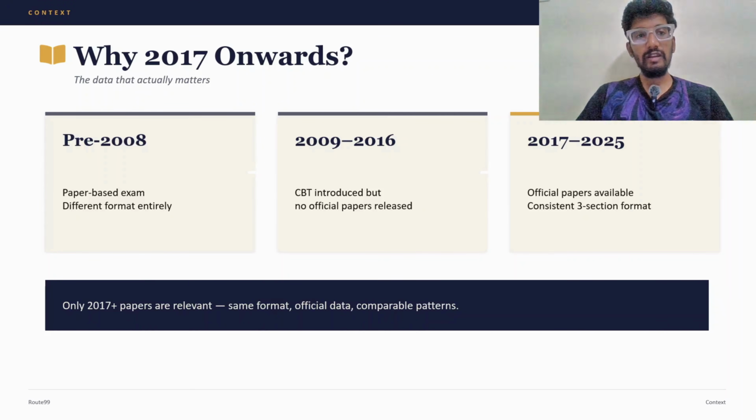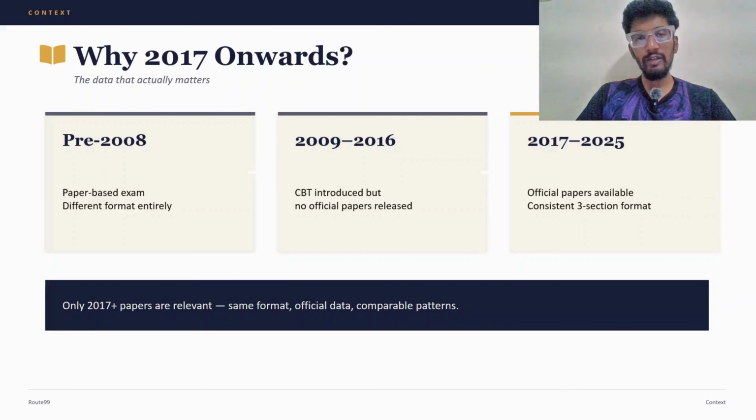So before we start predicting the future about CAT 2026, we need some reliable evidence. Think of it like solving a crime. You don't use any outdated clue. You use evidence that actually matters. Many students waste time analyzing CAT papers from 2004, 5, 6. But the problem is that before CAT 2008, CAT was paper based. Different format, different difficulty, different exam.